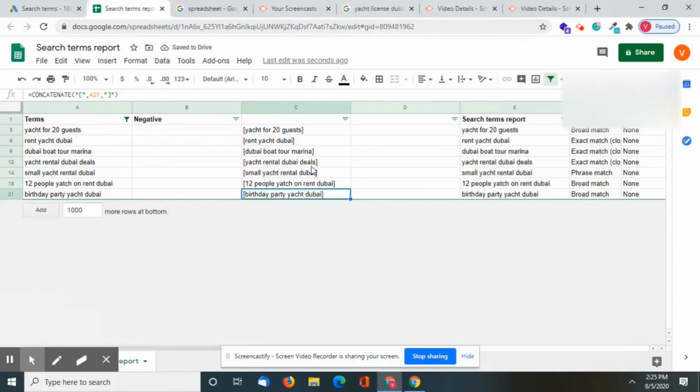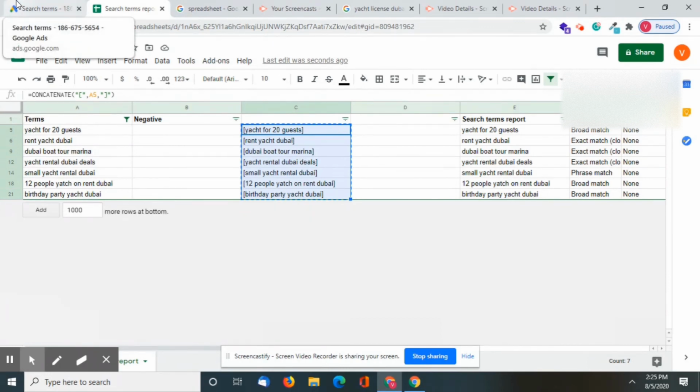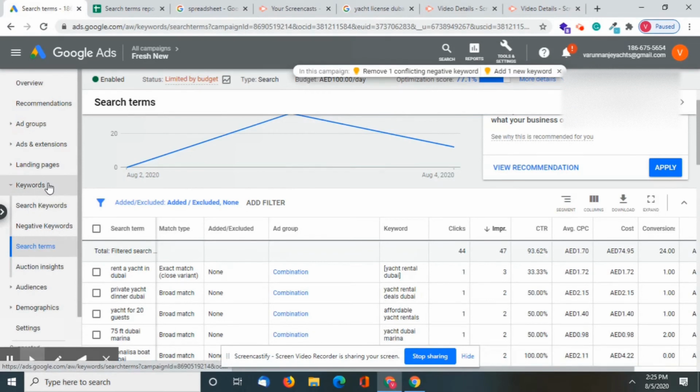There you go. So if you have around 500 search terms, let it be 500 search terms, so you can just go put this formula and just drag drop down, and you are going to get this exact match keyword. So that's it. So just Control C, you have all the terms, and just go to your campaign, click on keywords,